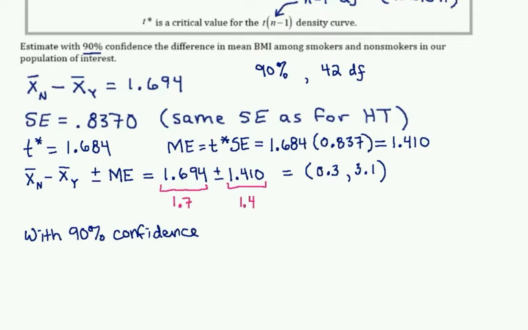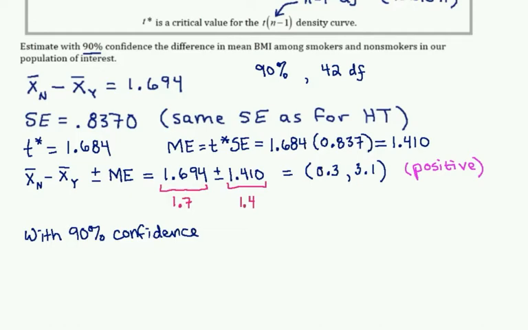It looks like the mean BMI or Quetelet index for non-smokers is higher than the mean Quetelet index for smokers, which we can tell by the fact that the entire interval is positive, and we are subtracting in the direction of non-smoker minus smoker. So mean Quetelet index is higher among non-smokers than among smokers by somewhere around this amount,